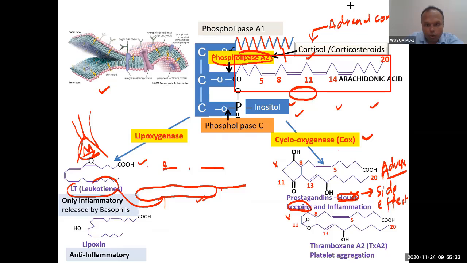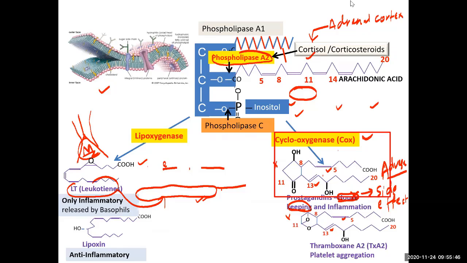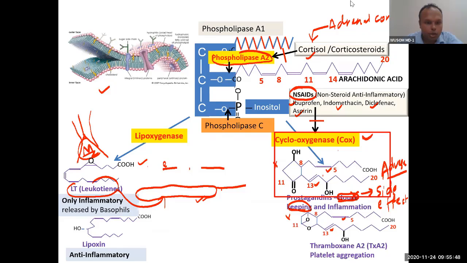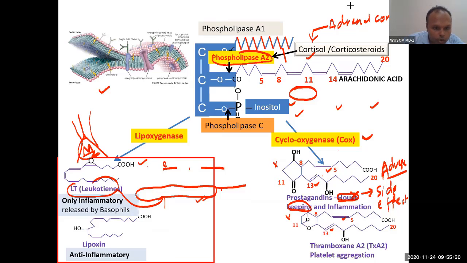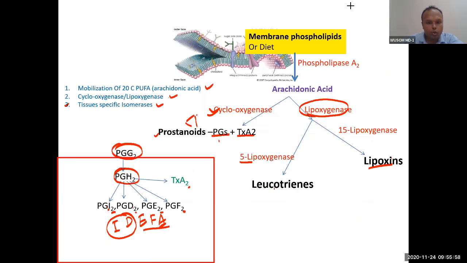Because here 4 bonds, 2 bonds are engaged in cycle formation. You can see there are only 2 bonds. So this 2 bond refers to this prostaglandins 2. Now here you can see how many bonds? 1, 2, 3, 4. All 4 bonds are retained here. So you can see 2 is representation of this double bond.